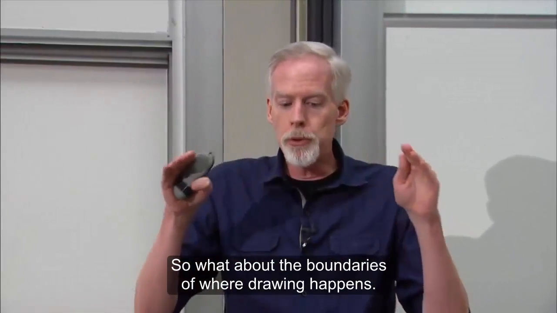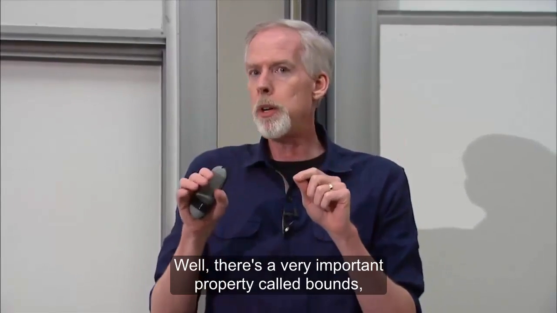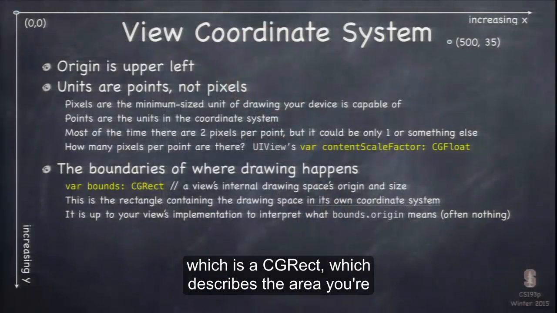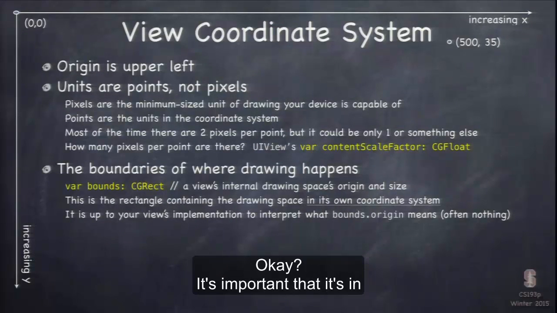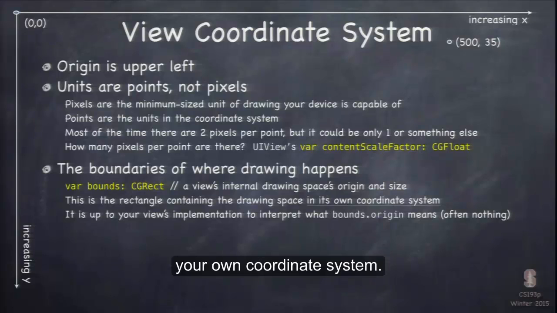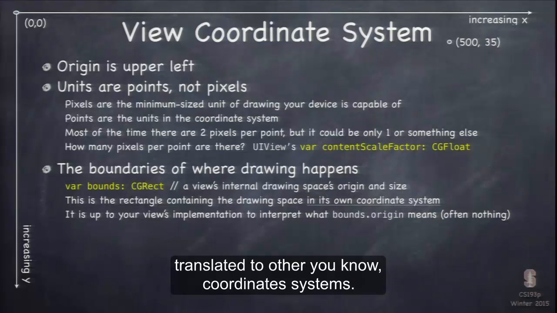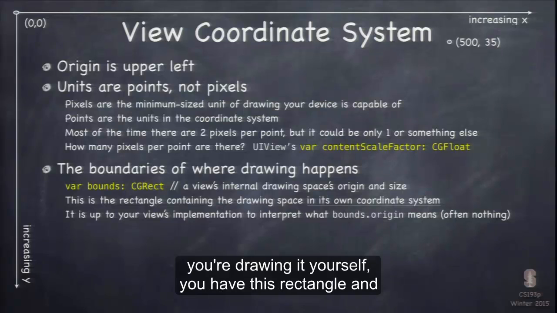So what about the boundaries of where drawing happens? You've got this rectangular area. Well, there's a very important property called bounds, which is a CG rect, which describes the area you're drawing in your own coordinate system. Okay? It's important that it's in your own coordinate system because these views can be scaled and even rotated and translated to other coordinate systems, but when you're using the bounds and you're drawing yourself, you have this rectangle, you know